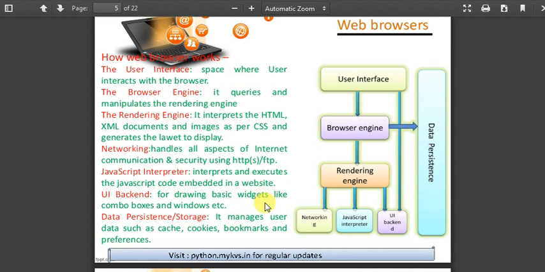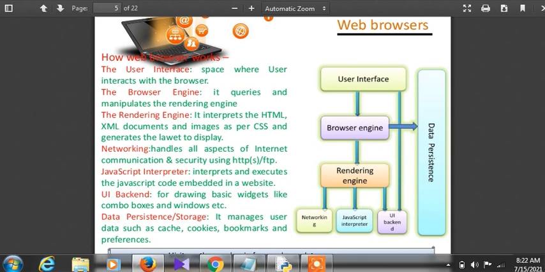And people will come to know what kind of websites you are browsing. It keeps a footprint in the web server. That is what cookies do. Bookmarks are also there. Every time, there is no need to type the address; you can set a bookmark. The link will be saved, and you can go to the bookmark option in the web browser and open it easily from there. All these things are controlled by data persistence and storage.